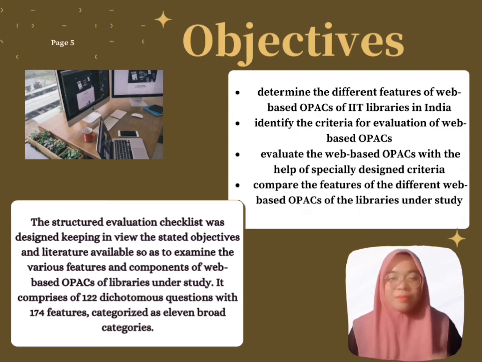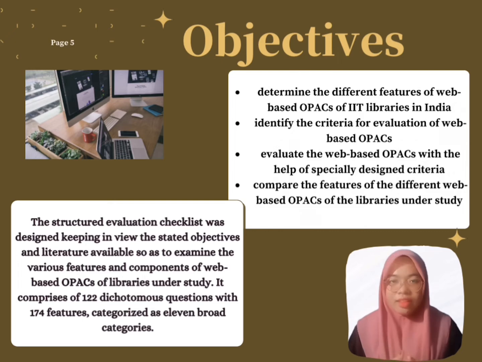It also comprises 122 dichotomous questions with 174 features, categorized into 11 broad categories, such as searching features, search limits and strategies, access point, bibliography display, output or service or facilities, external links, user assistance, page layout, labels, text display, and general features. It can be seen that there are many features that make it easy for the user to find the material and information